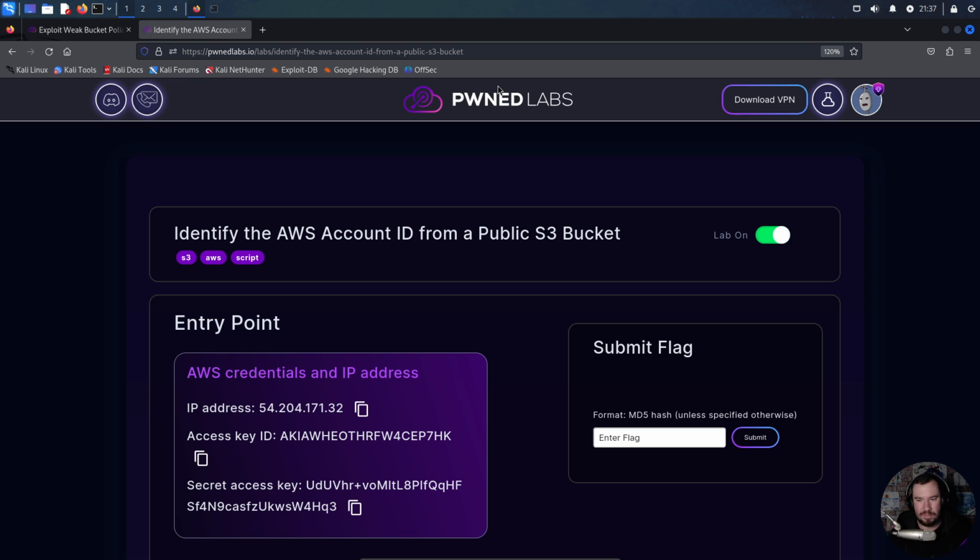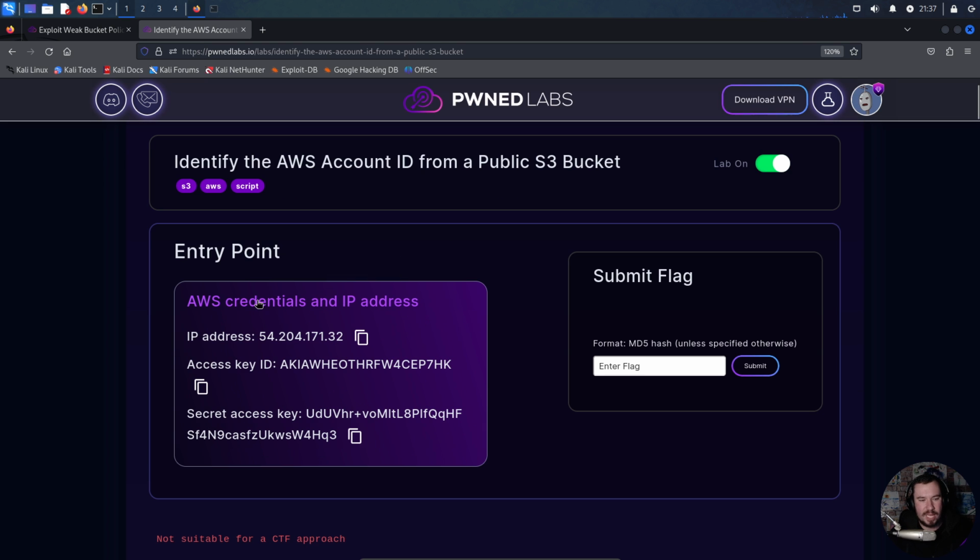But this one, as I said before, is a completely free lab, so you don't need to have a subscription. You can pull it up and we can work through this together. The lab is to identify the AWS account ID from a public S3 bucket, and we are given our entry point of creds